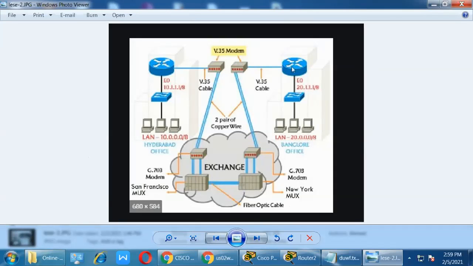What you need to know is the connectivity from this modem to this router, because you are not going to configure all these things in real time. You just have to provide the complete information about this interface and router.